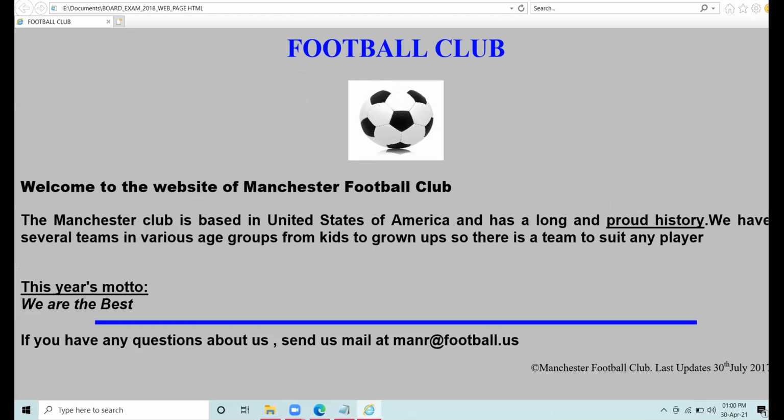Is the browser view visible to everyone? Parikshit Gandhi, is the browser view visible? This is the output of the web page.